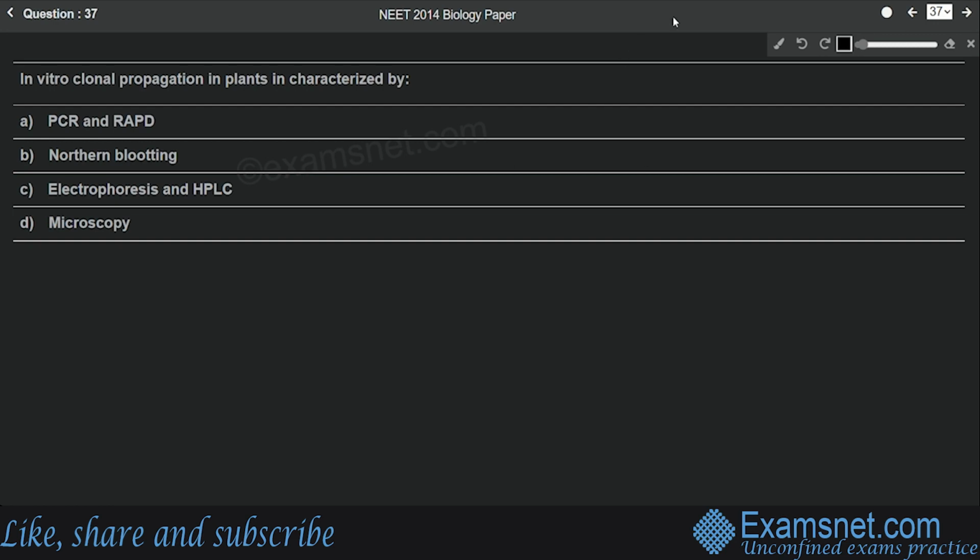Now question number 37 is related to biotechnology, and the question is: in vitro clonal propagation in plants is characterized by option A PCR and RAPD, option B Northern blotting, option C electrophoresis and HPLC, and option D microscopy. So nowadays in vitro clonal propagation in plants is characterized by PCR and RAPD. Okay, these two techniques are being used these days. So PCR, as we know, stands for the polymerase chain reaction,